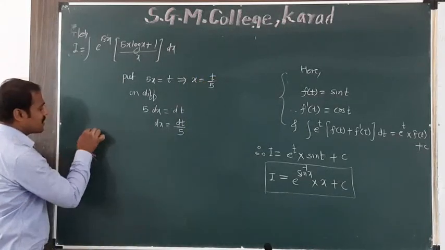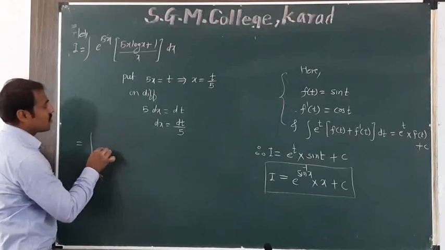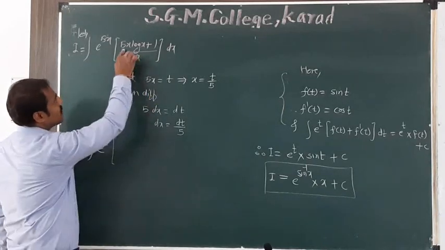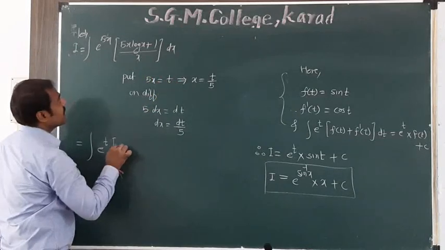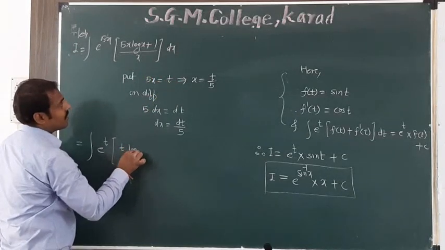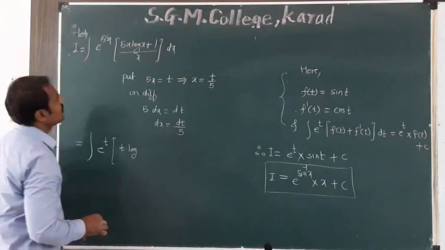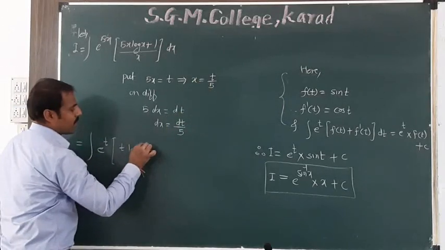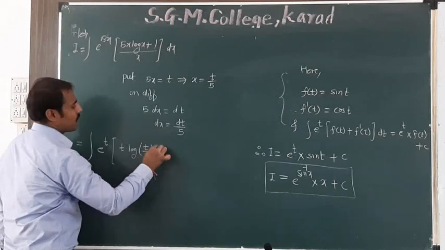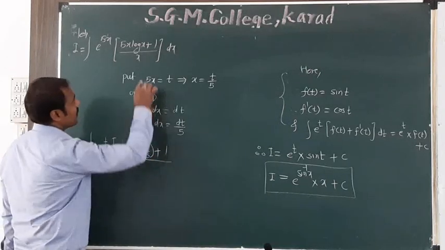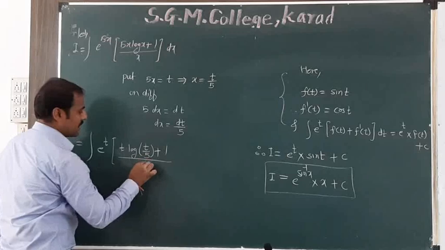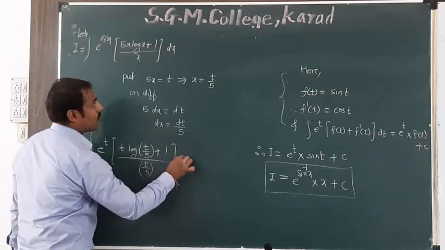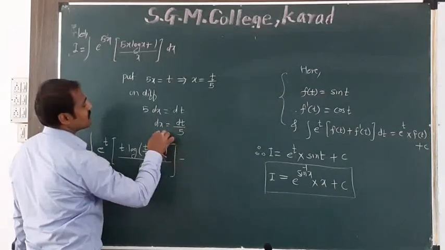So integration becomes e raised to, instead of 5x I can write t, into bracket, instead of 5x I can write t log x. X is what? T by 5. Plus 1 divided by x. X is what? T divided by 5. And instead of dx it's a